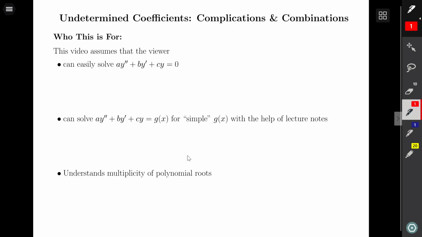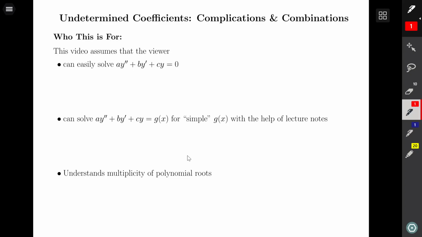The method of undetermined coefficients is something that every undergraduate differential equation student should be exposed to in their undergraduate courses. But it's something that I remember as a student being a little confused over. And every time I saw it in future classes from textbooks and everything, it always seemed like it taught it the same way. And I could see why some people might be confused about it. So I figured I'd make a video just to see if I can offer my own perspective and help clarify